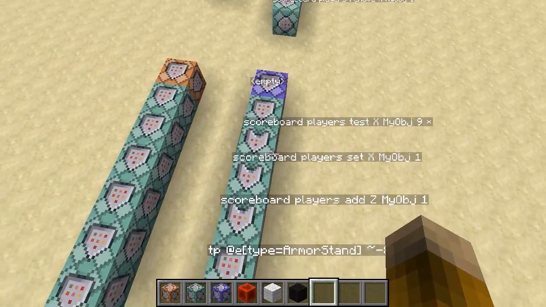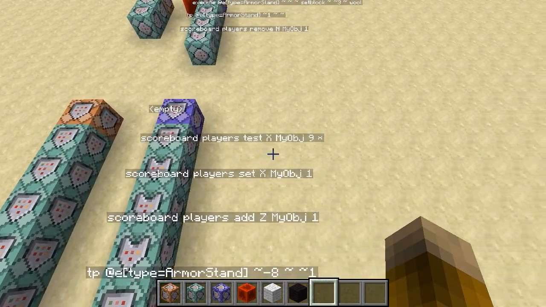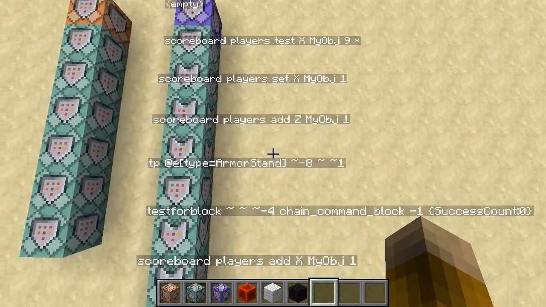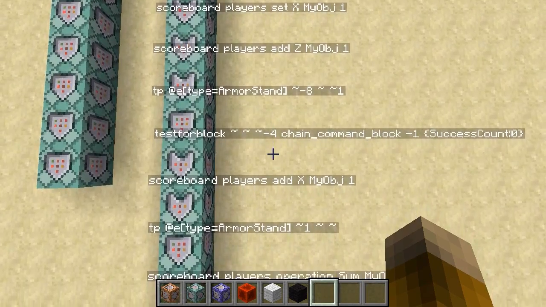You'll notice that these 3 blocks are all conditional blocks based on the value of this test. So if x is at least 9, we're going to set x back to 1, we're going to move z up by 1, and we're going to teleport the armor stand back to the left 8 spaces and down 1 into the next row. Else,